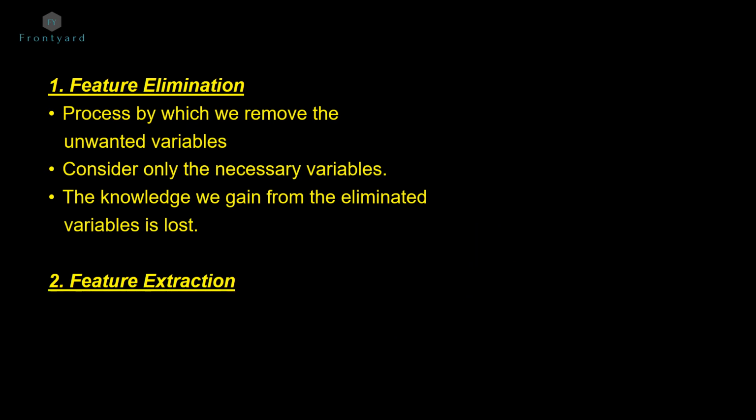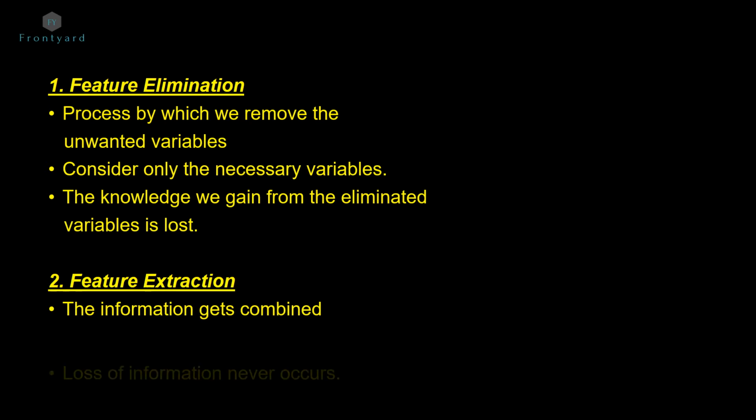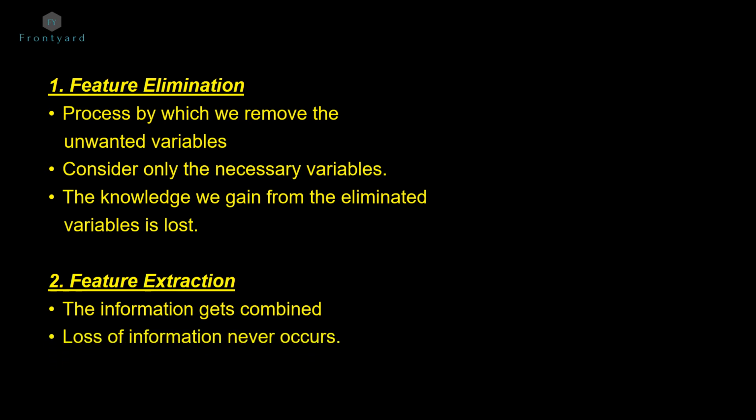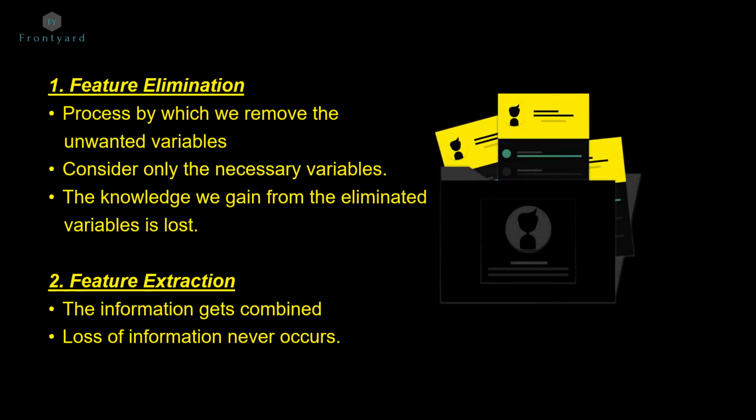Now let's see what feature extraction is. Feature extraction overcomes the disadvantage mentioned above. Let us study what it actually is with an example. If we have 12 independent variables initially in our dataset, then in this method it forms another set of 12 new independent variables from the combination of all the independent variables. So the information gets combined and loss of information never occurs. But now you might have the question of where it reduces the variables. The answer is that when the new independent variables are formed, they are formed in order of information, with the most information first. So the variables with more information will be selected and the others will be eliminated.